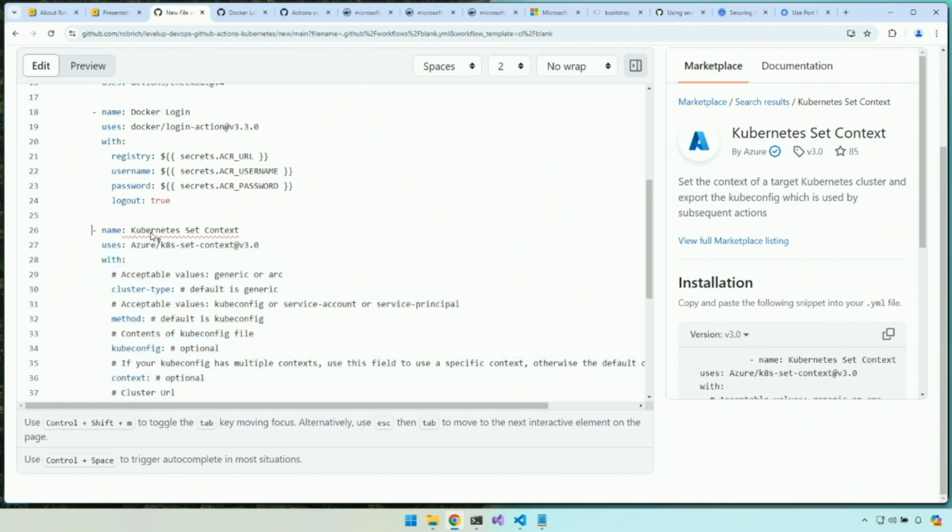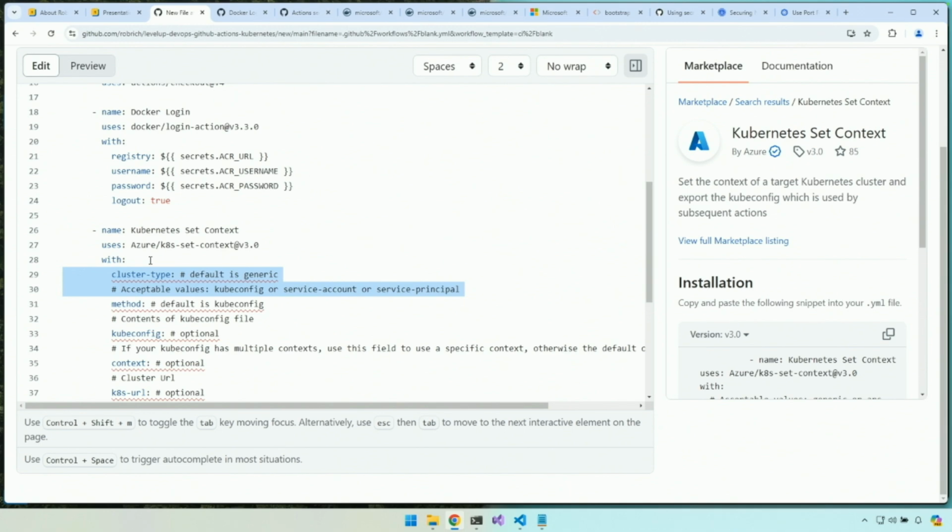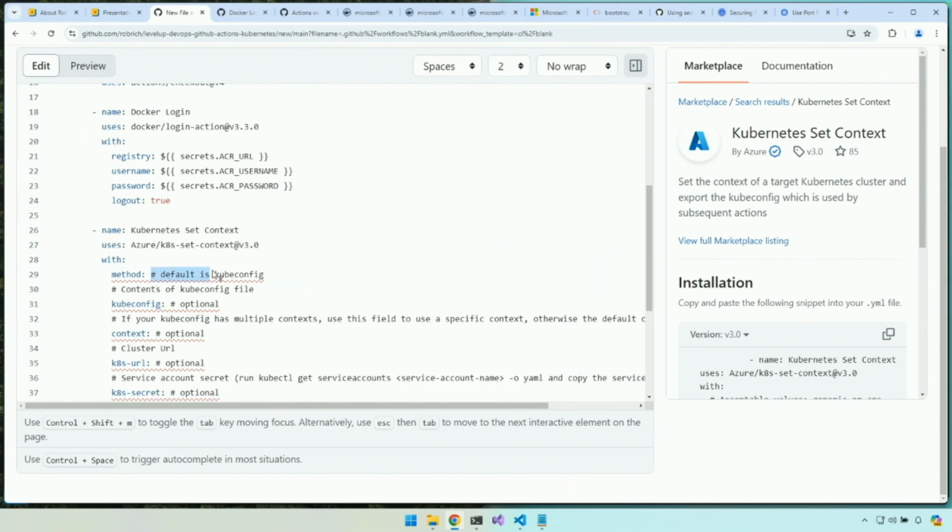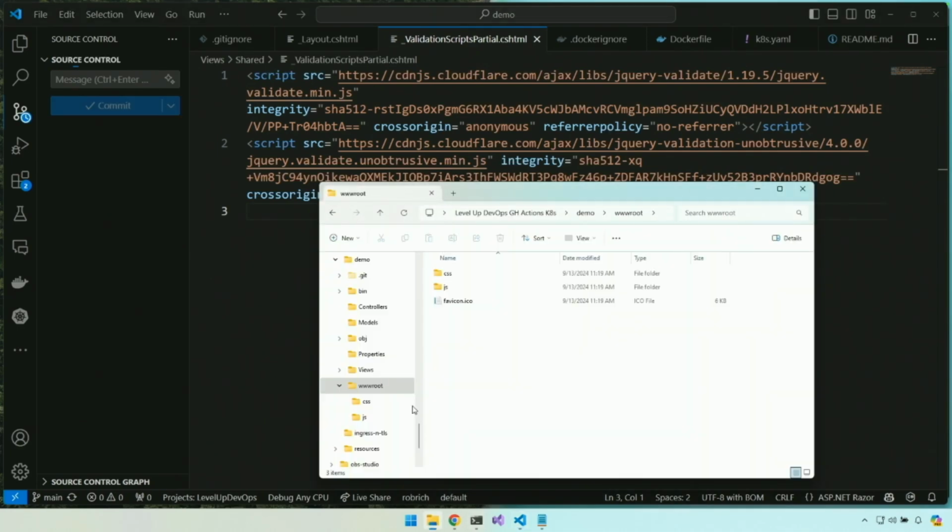YAML is so particular about indenting. Cool. What is our method? Well, let's use kubeconfig. Now, I went into my user home directory and I said I would like the